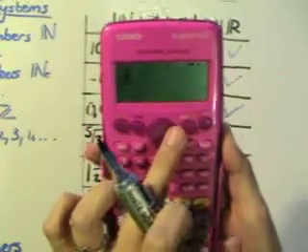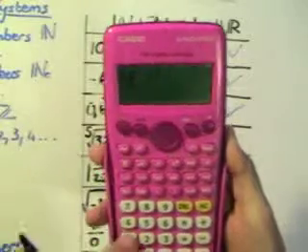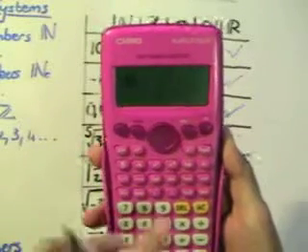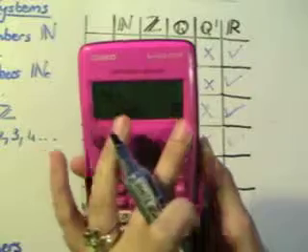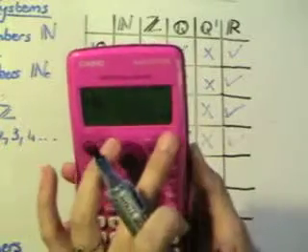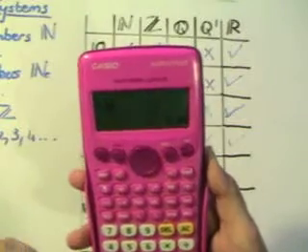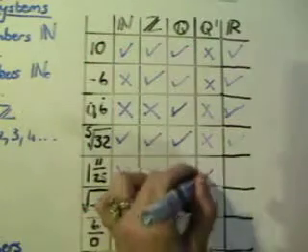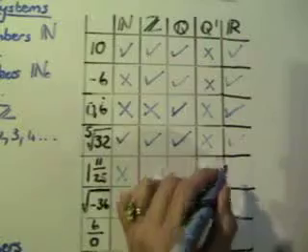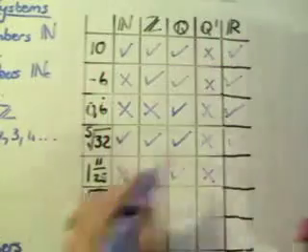If I press in 1 and 11 over 25, I get 36 over 25, which is 1.44. Do you see it stops? So therefore it's rational, and then it's not irrational, definitely not, and there is a valid answer, so this is